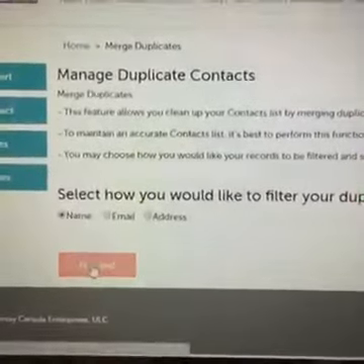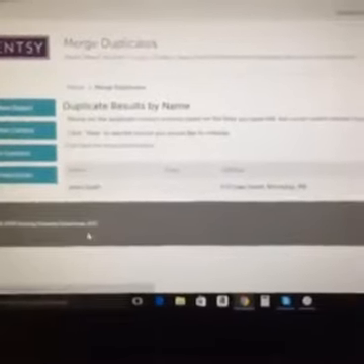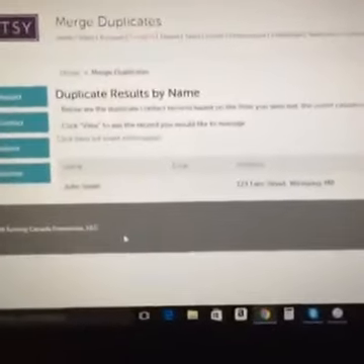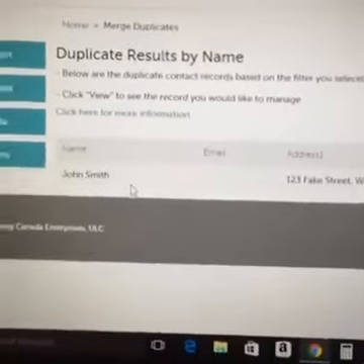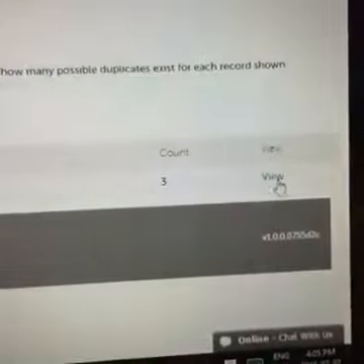You click on that and you click proceed, and it's going to generate a list of any contacts you have that have the same name. Now, right now I only have one in here because, like I said, I cleaned up my list yesterday. But for John Smith, it's telling me that there's 3. So when you click on view,